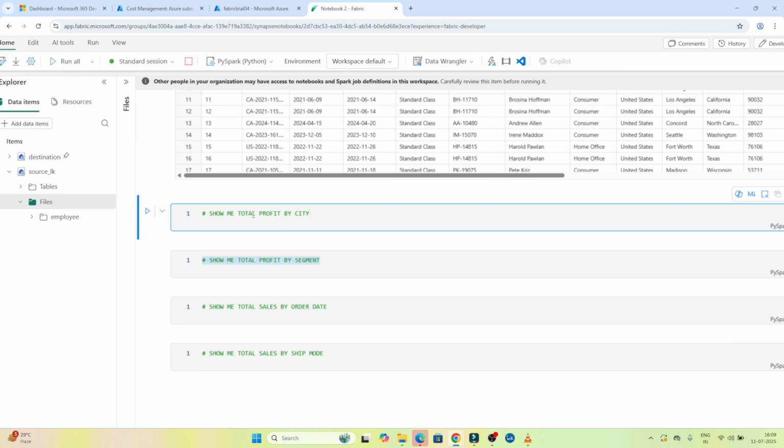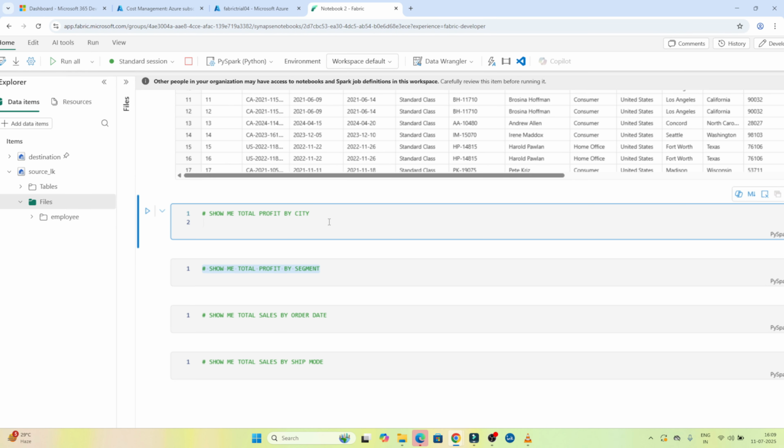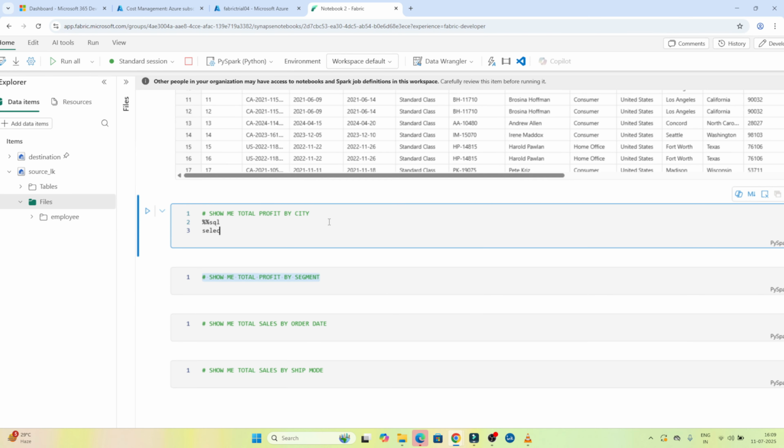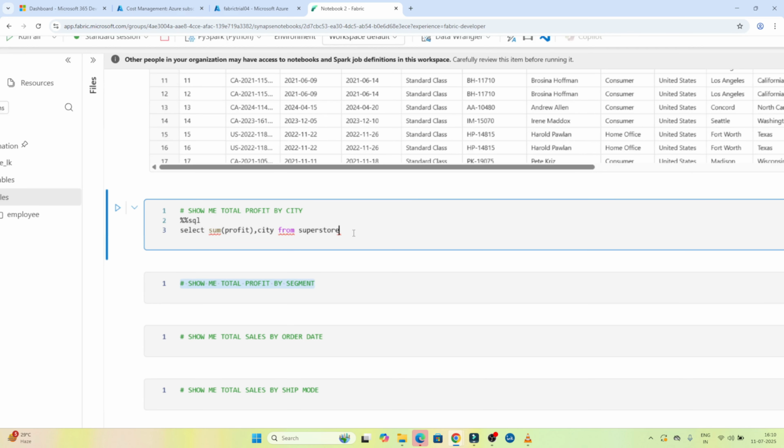Suppose I want to show what is the total profit by city. So I am going to use SQL only. So I will write %%sql. After that I will write select total sales, means total profit, right? So sum of profit I will write, and after that based on the city, so I will write comma city from superstore, and I will do group by city. If I execute,